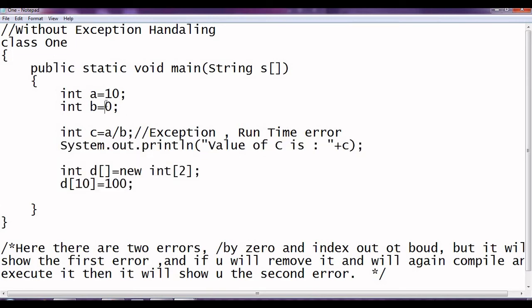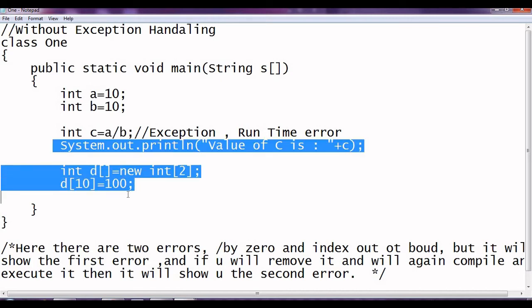Now suppose if I do it like this, then here we do not have any error. And here we have an error now. We are accessing the 10th element. So at this point of time, it will show you the error and the rest of the portion will be skipped. After this, whatever code we have will be skipped. So in a program, if there is more than one runtime error, then the program will encounter only the first error. And after the first error, it can terminate the rest of the thing. It will not come across the second error because it has skipped that line. That behavior we should understand.